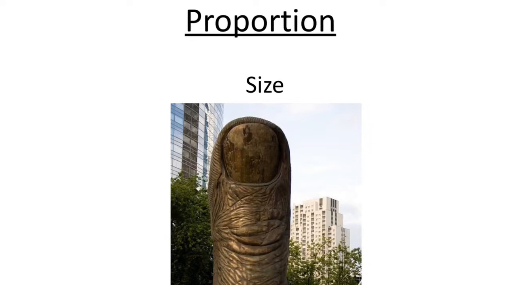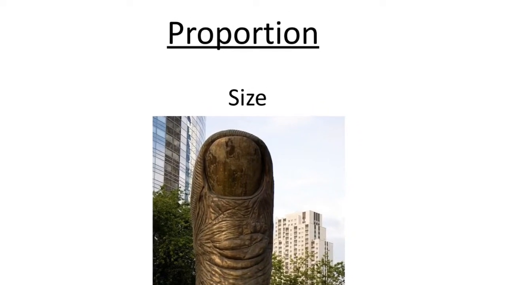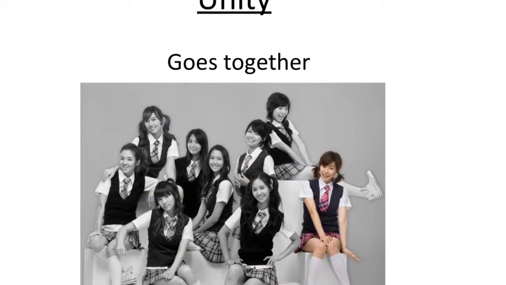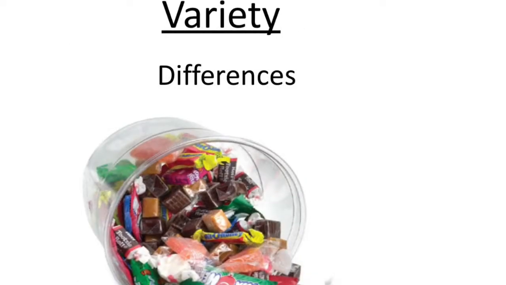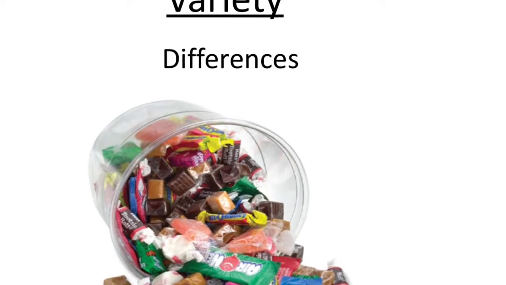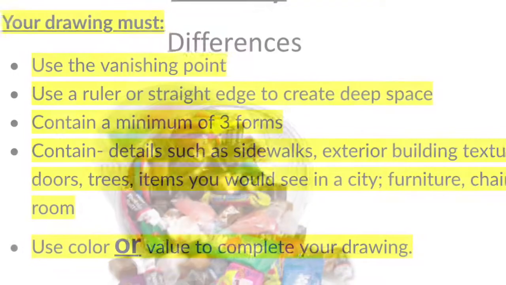In this unit you are going to work with proportion, the relationship of size. Unity, the quality of seeming whole and complete, with all parts looking right together. Variety, the combination of elements to create interest. To create a work of art that activates deep space,